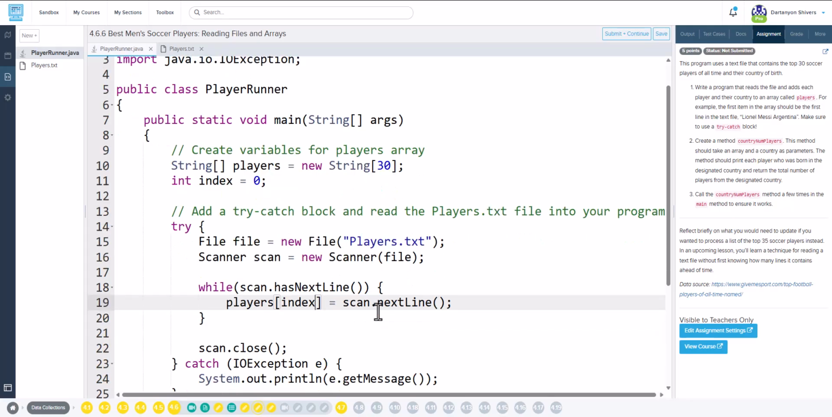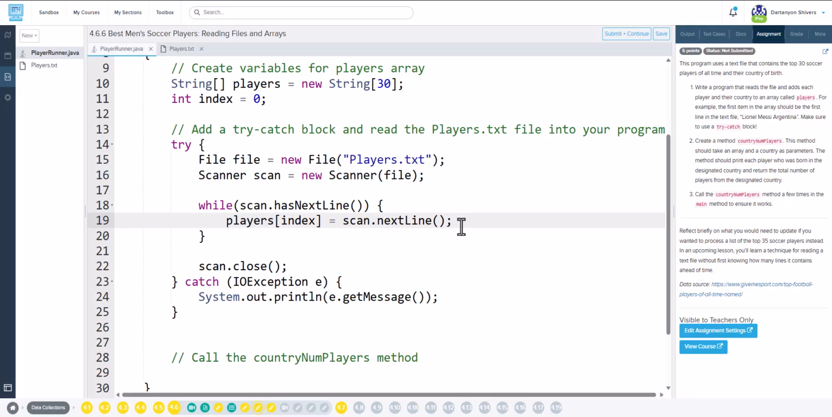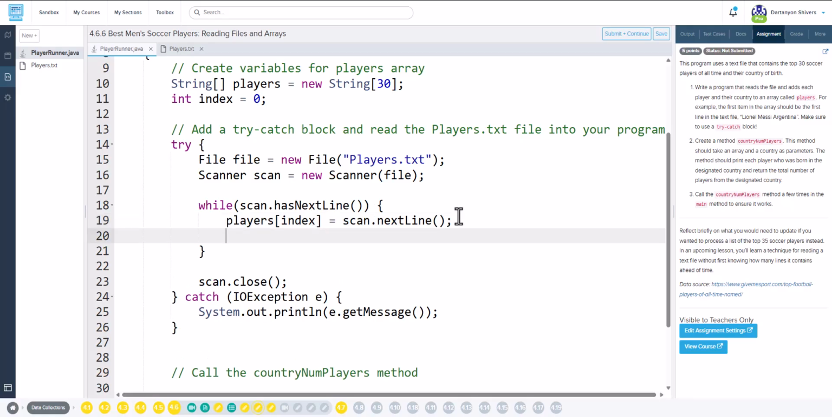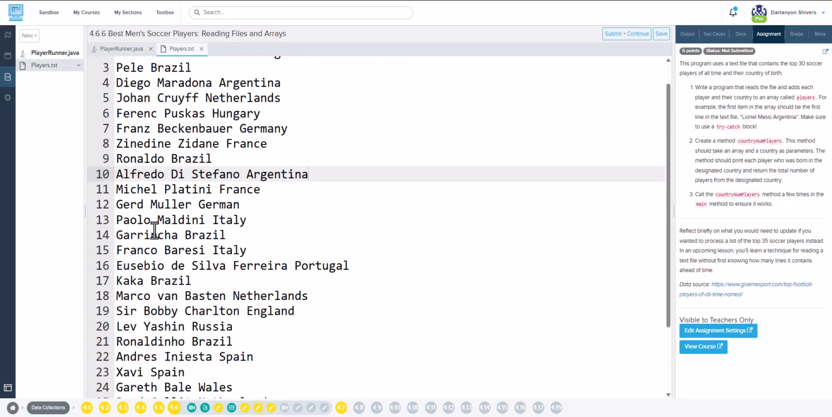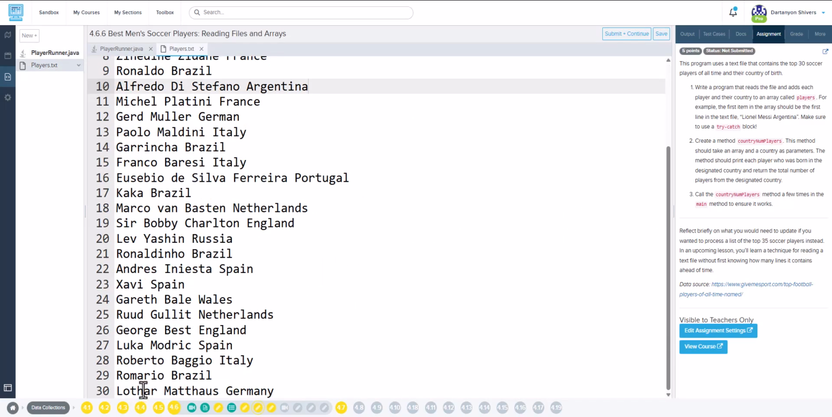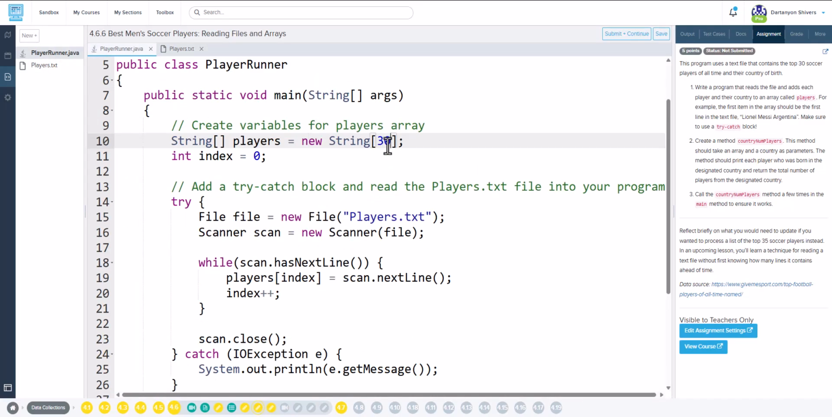I'm going to put index in here. So now I'm accessing the indexed position and storing that line in the indexed position, and then we're going to increment index here. Okay. Now what's going to be important is that you have to be sure that you're lining up, like there's 30 lines here, okay? This has to match up with the number of elements that we're going to store in here, because